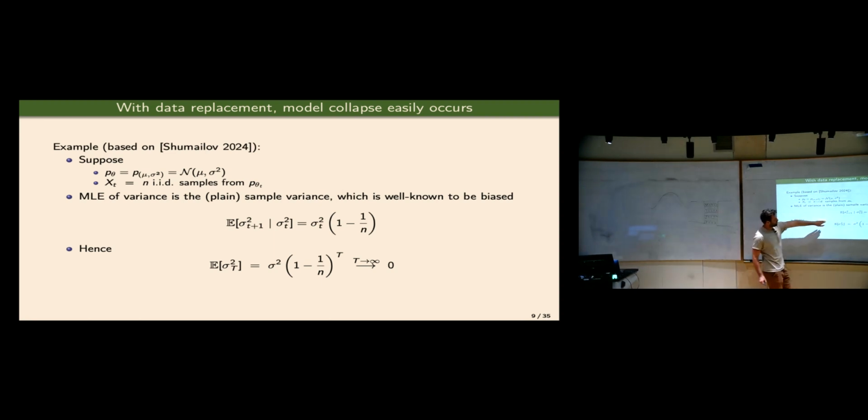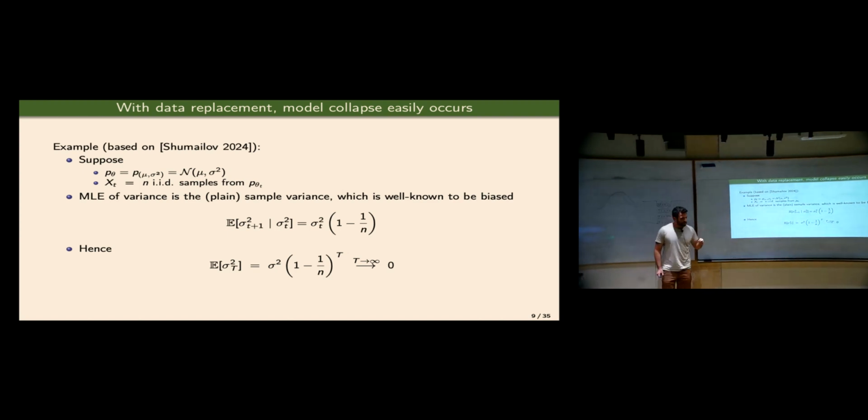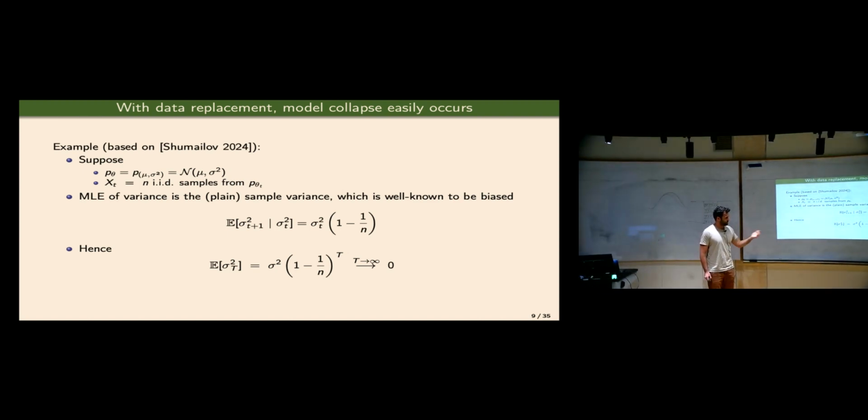You're going to get what you should up to some 1 divided by n factor. And when you repeat this many, many times, these errors really accumulate. And in the limit, when you repeat this loop infinitely often, you can get model collapse. Now, of course, you can argue that t has to be very big here to get model collapse, and again, this is a very synthetic setting. But I think it's the first way that people actually showed this phenomenon exists. And we see that in probably more realistic settings, it's not that big of an issue as it is here. Other questions?